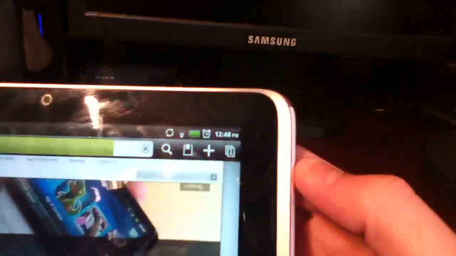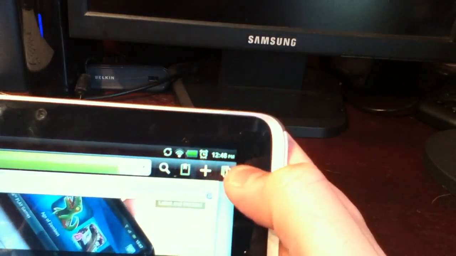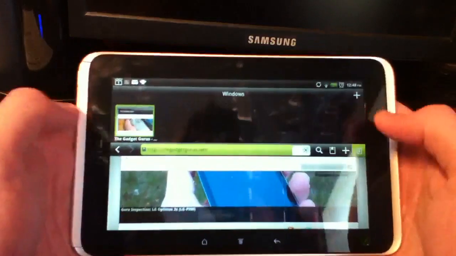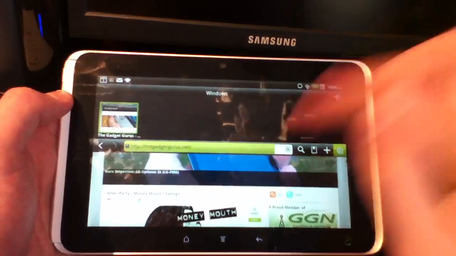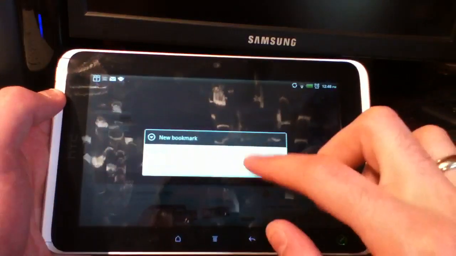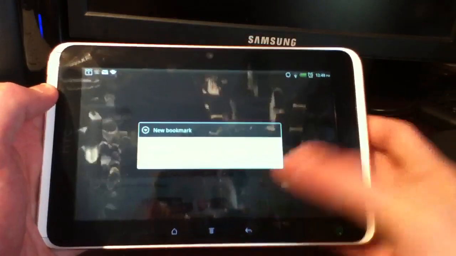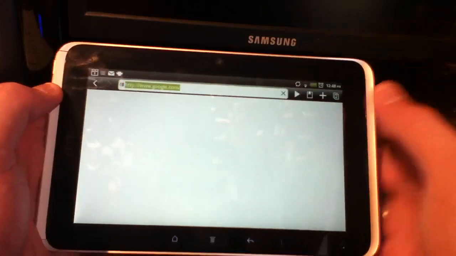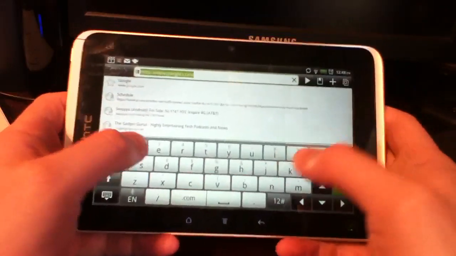And then over here, this is your Windows button, or tabs. It's very, very similar to tabs. So you push this, and then you still have your browser down here, but then you can see all your available windows. You can open up a new bookmark, new home screen. Tap that right here. It's going to open up a second page,